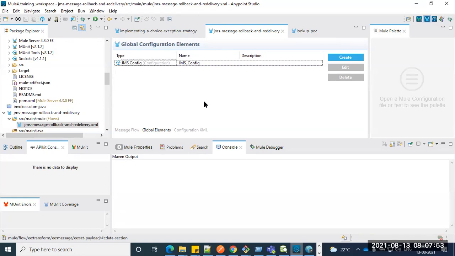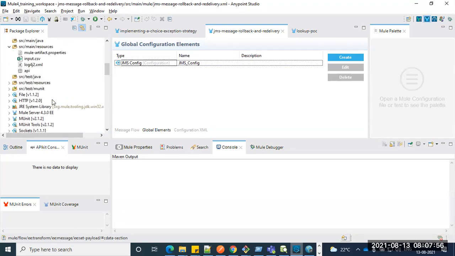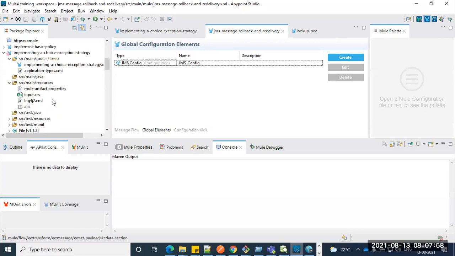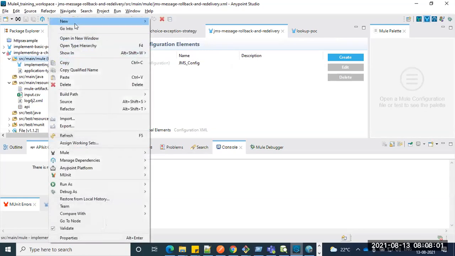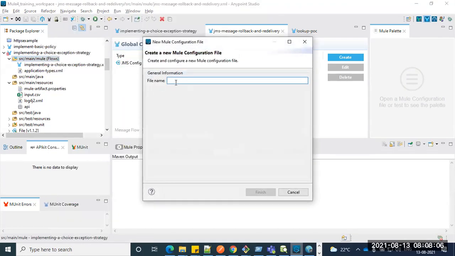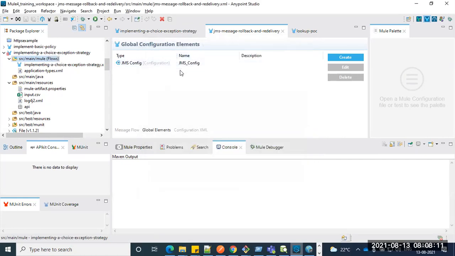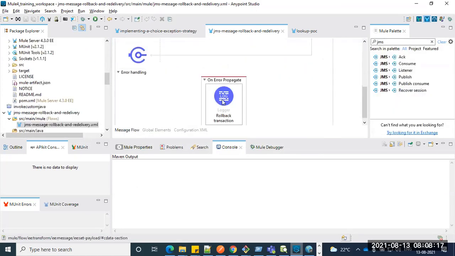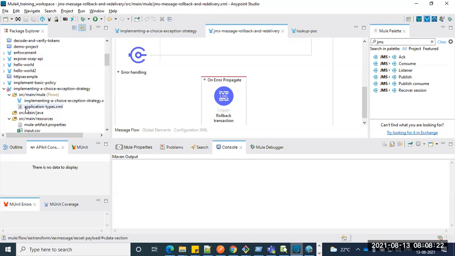Similarly here, we are going to keep one more configuration file called global exception handling, or global error handling. We should not define it individually everywhere. We just put a flow reference here, it jumps into the error handling part you defined globally, and there the different flows get executed.